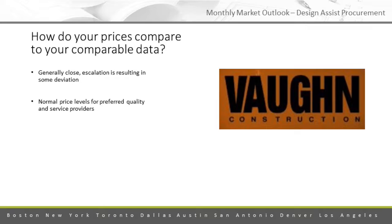Oh, steel's jumping, we're gonna have to pay this premium. So having that insight, I don't see how you get that without going design assist. I think that's a great point. You can get the insight, but and I'm gonna use drywall as an example because I think that's easier to